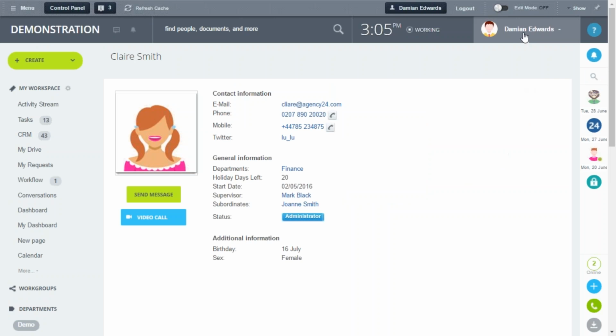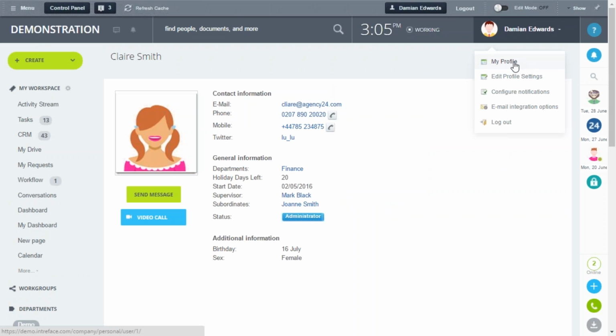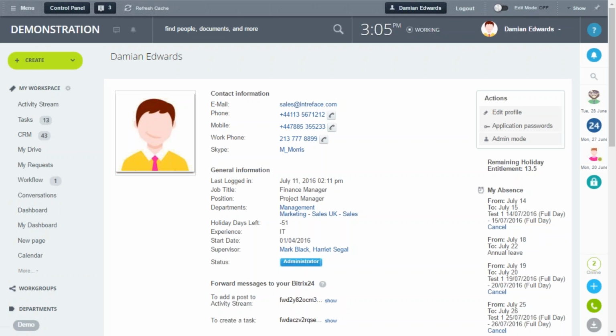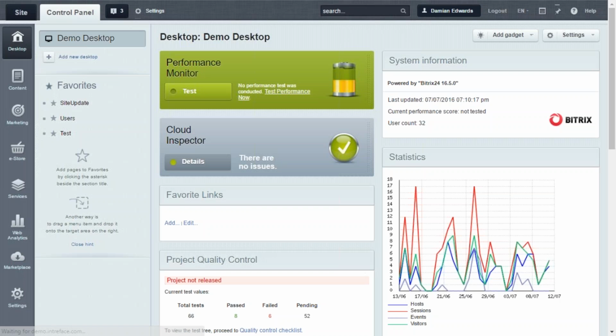Yeah, that's correct. First of all, I just need to go to my own profile. And quite an important thing to note here, we are in the self-hosted version of Bitrix. So if you're not used to seeing this top bar here, the control panel bar, this is available in the self-hosted, and if you're in the cloud, you wouldn't see this. So first of all, as Damien mentioned, we want to add a custom field to the user profile. So if we click into the control panel, and then try and find the